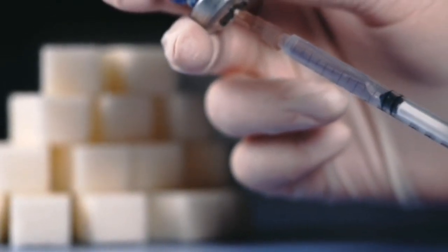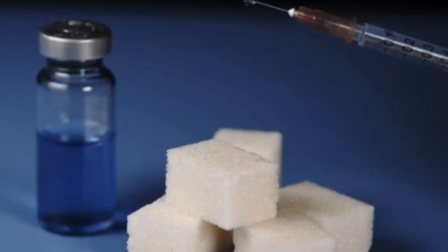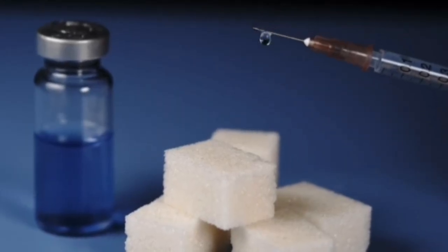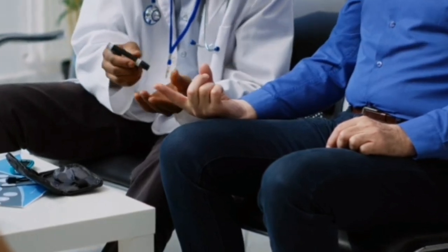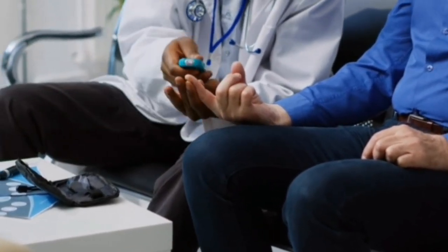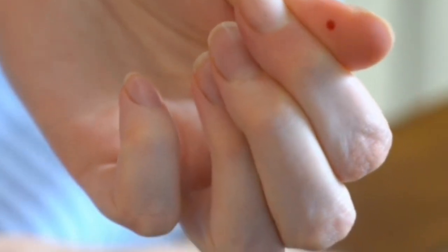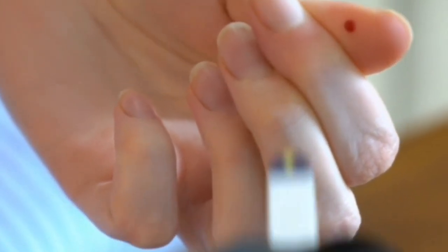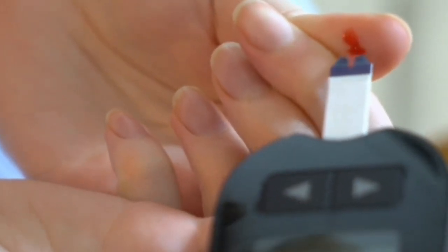while long-acting insulin maintains stable glucose levels throughout the day. Intermediate-acting insulin provides blood sugar control for several hours. Insulin is typically administered through injections or pumps, which deliver continuous doses throughout the day. Continuous glucose monitoring (CGM) devices track blood sugar levels in real time, helping users adjust their insulin doses promptly and